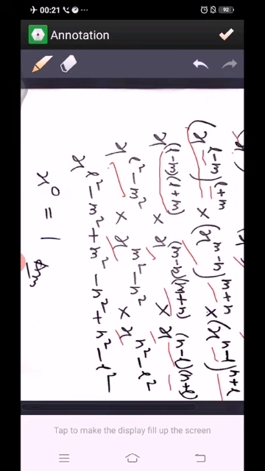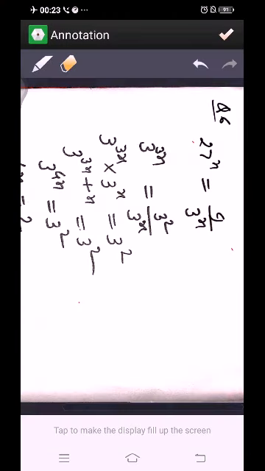Now, here bases are same, powers are different, product is given, so we will add all the powers. So we are adding powers, x power L square minus m square plus m square minus n square plus n square minus L square. So we can see plus L square minus L square, plus n square minus n square, plus m square and minus m square all cancelled. So we get here x power 0, that is equal to 1. We know that any number power 0 is equal to 1. This is our required answer.